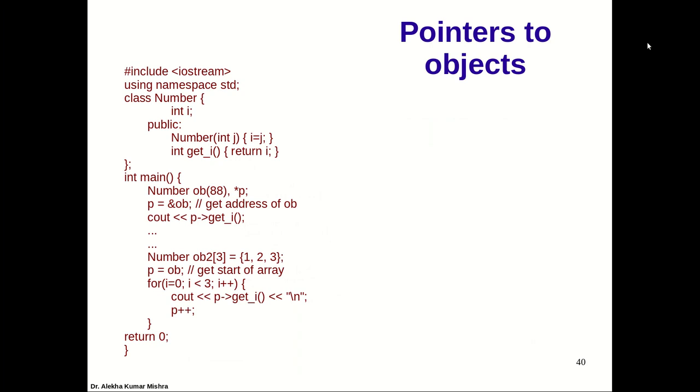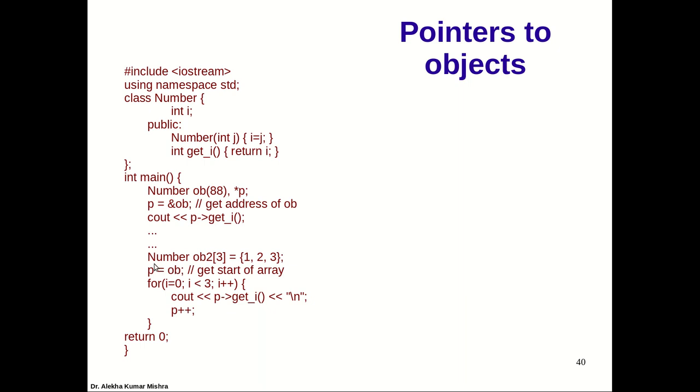Now, just like we used pointers previously in C, we can use a pointer to access all the accessible members inside main. Generally, outside the scope of the class, we use a pointer to invoke the member function. So we can call the member function right here and print the value of i: cout p get i. The get i function returns the value of i, and it is printed right here.